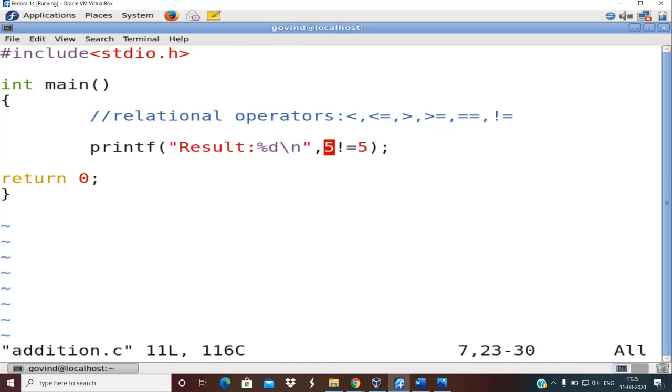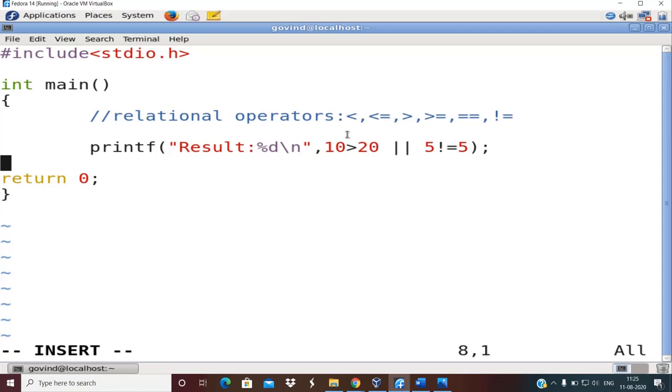So now I am going to write this expression, say 10 greater than 20, logical OR 5 not equal to 5. So this is one logical expression.